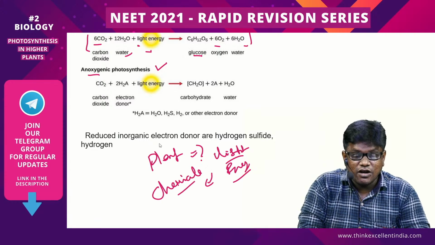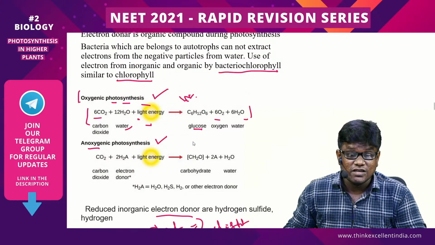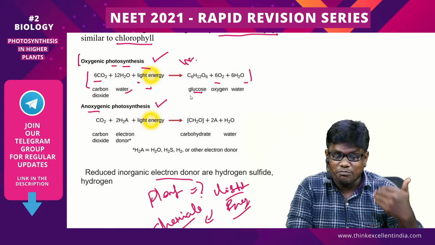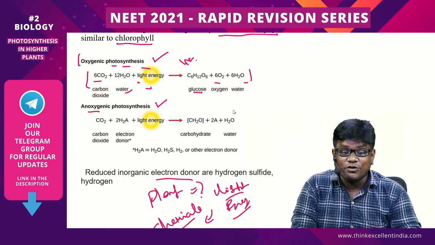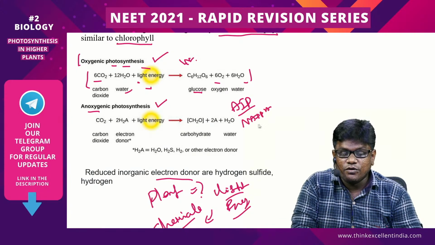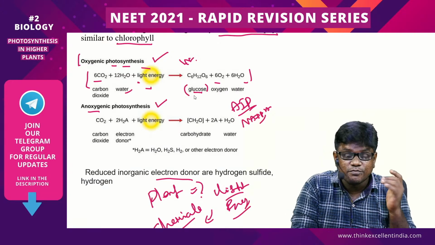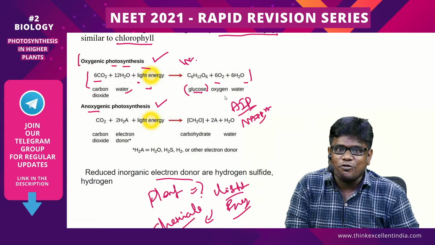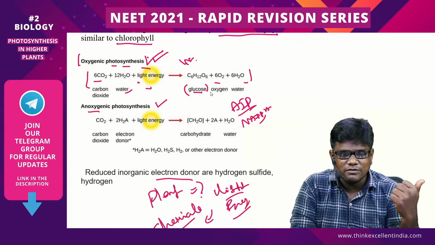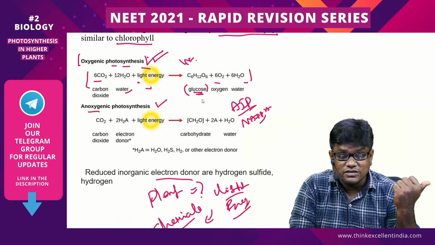Here, the electron donor is very important in photosynthesis. When the electron donor donates and the acceptor accepts, energy will be produced. What energy will be produced? ATP and NADPH will be produced. With ATP and NADPH produced, glucose molecules can be produced. Only when glucose molecules are produced is the result of photosynthesis fulfilled. So the photosynthesis process will be producing glucose molecules, and here you can see